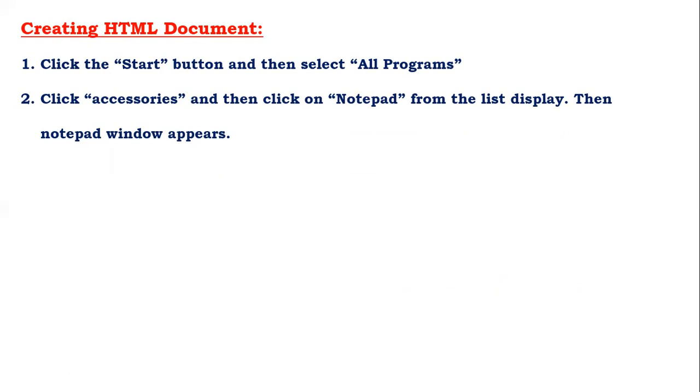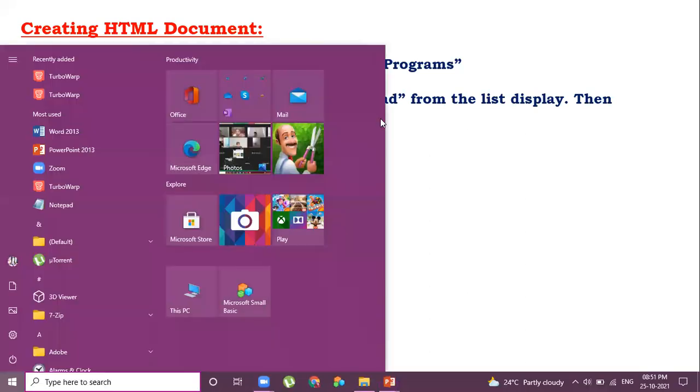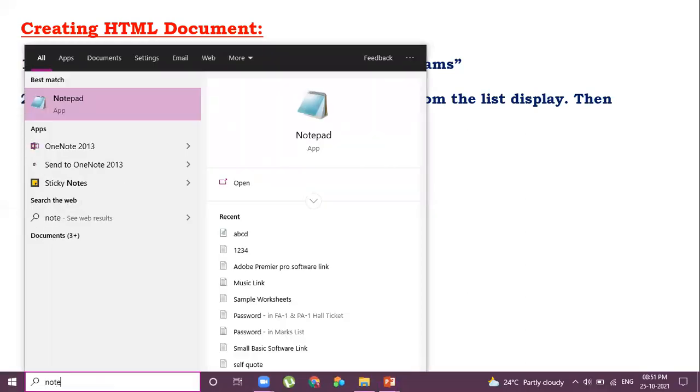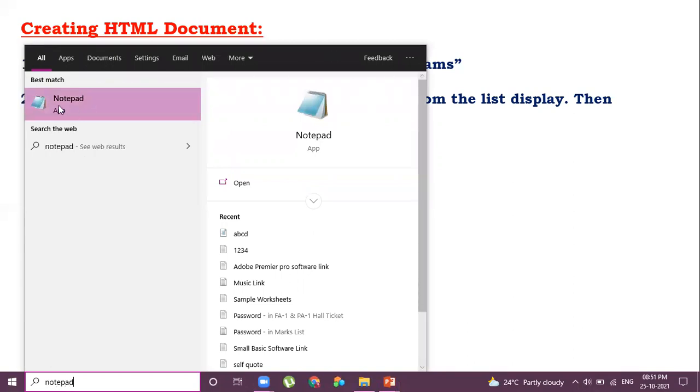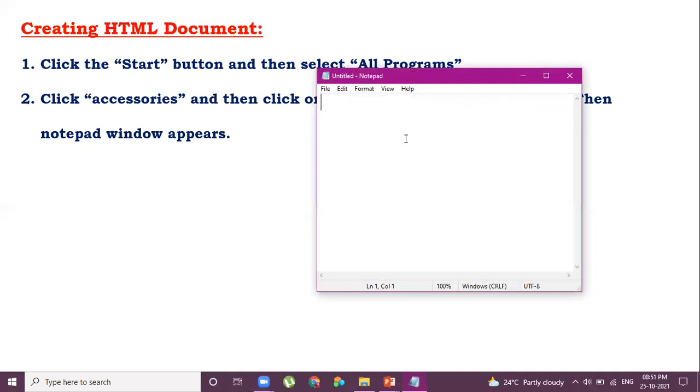Or else we have another option. You can search using the search box. Just type Notepad in the search box and you can find the Notepad application. You can click on Notepad to open it, and in this Notepad, we are going to write the HTML programs.